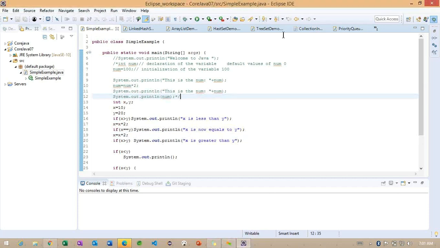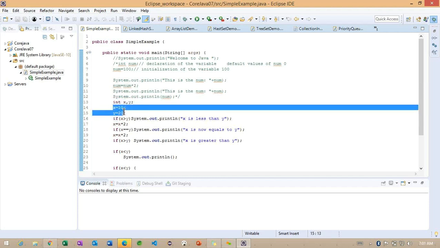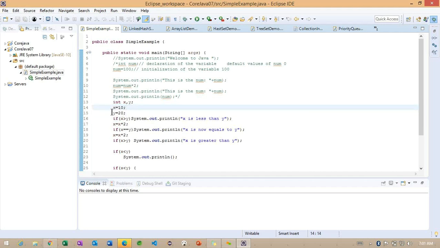Observe here. Yesterday we defined integer x, y, and we initialized the x value as 10 and the y value as 20.